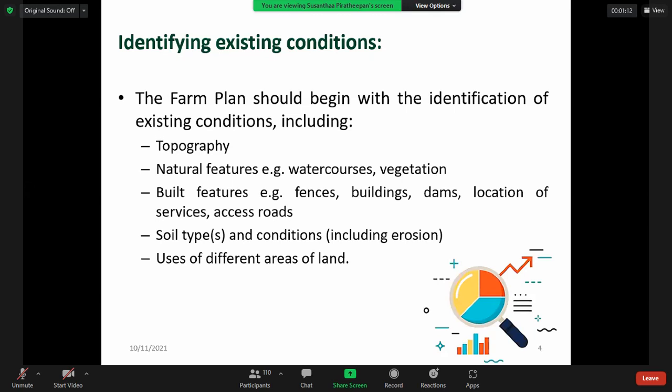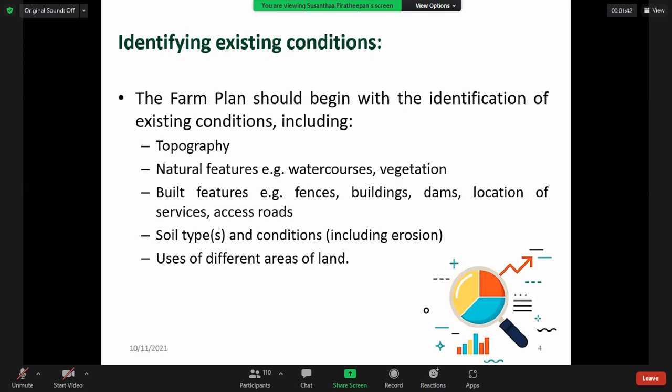And the fourth one is soil type. Usually the farm needs a well-drained soil. You will study soil types in your future semesters. The soil type is the most important. We should ensure we don't have any water logging, and the water drainage is very good. Drainable soil is what we need.